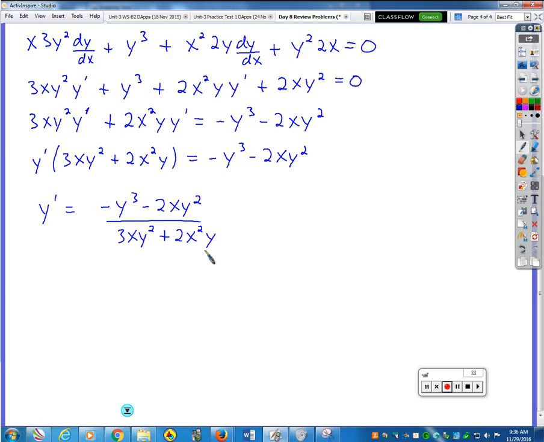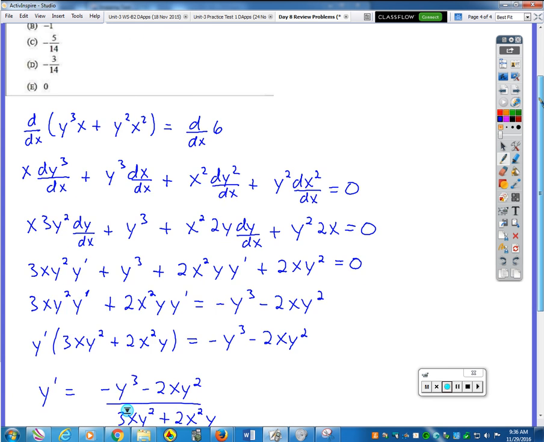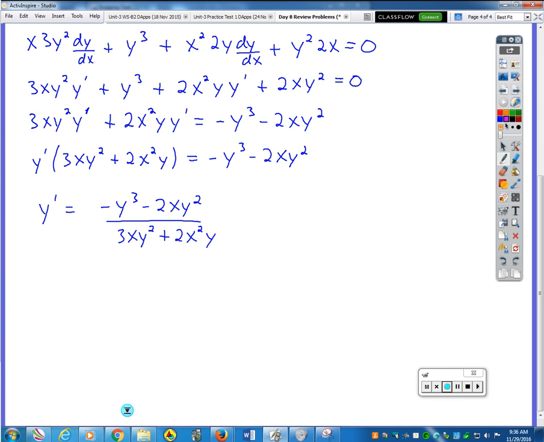They told me to find the value of y prime at a specific xy coordinate, 2, 1. So now I switch and do that. So y prime's value when x is equal to 2 and y is equal to 1 is going to be